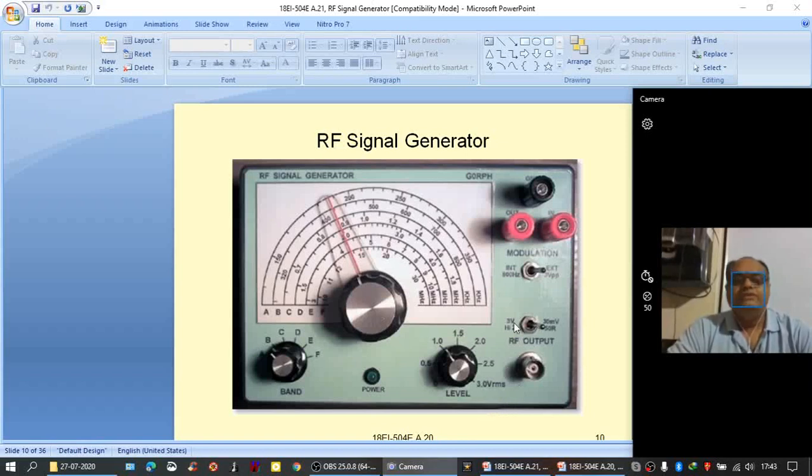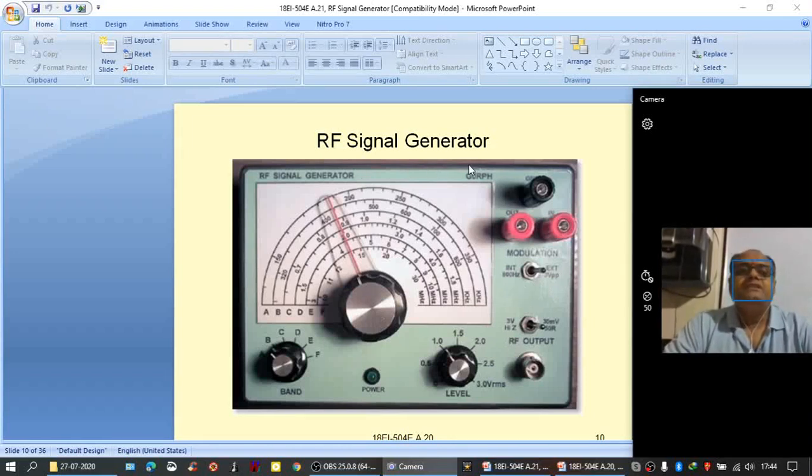If it is in the 3 volts range, we have to read the values as 0.5 millivolts, 1 millivolt, 1.5 millivolts, 2 millivolts, 2.5 millivolts, and 3 millivolts. And please remember, all these are RMS values. For a DC signal, we take the average values, but these are all AC signals. So the measurement is in terms of RMS values. Then here there is a provision for modulation. This we will see within a little time.